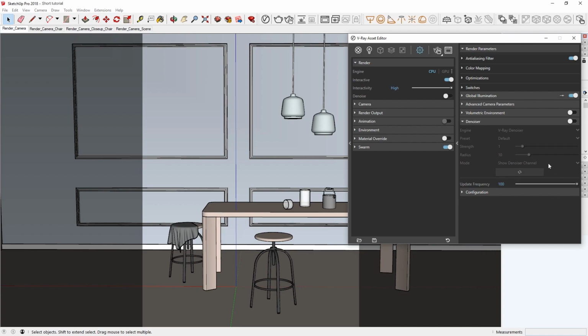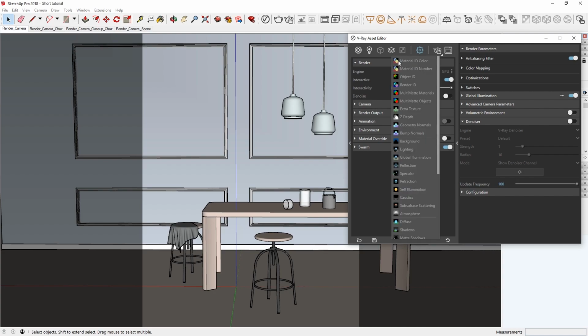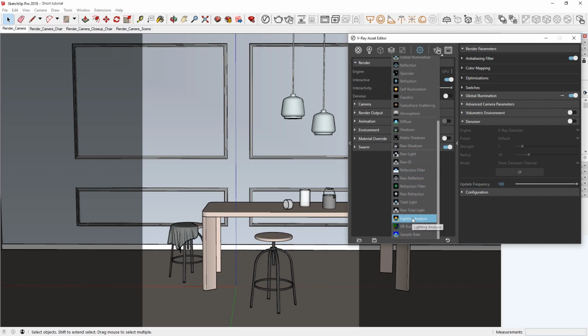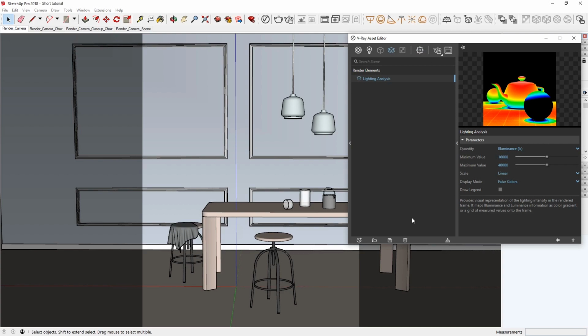Next, let's right-click on the Render Layers tab and add the lighting analysis render element. In its parameters, let's also switch the display mode over to Grid Overlay, which positions distinct grid points over the frame. Now we can start an interactive render, and then from the Render Layers dropdown in the VFB, select the